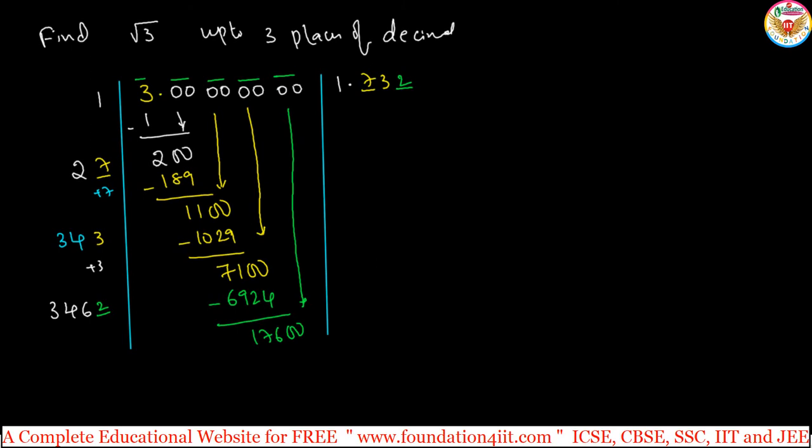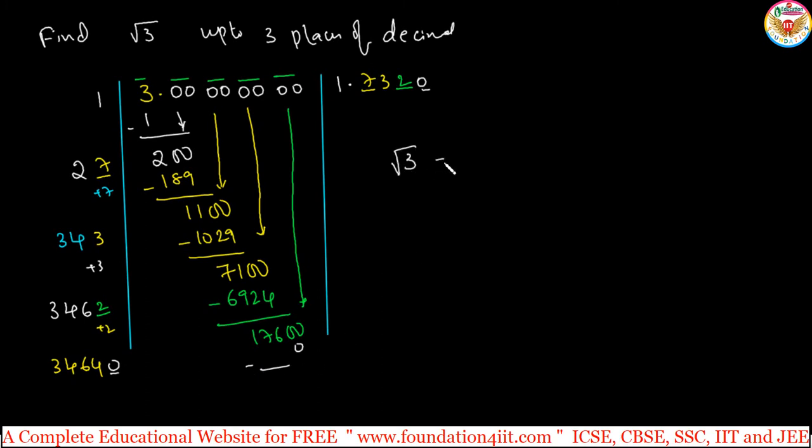So if you go for double this number, just what will come? Plus 2. So 3464. So 3000, almost you got 3464. But in the next place, if you observe in this place, if you see zeros only, 0 will come, because even 34,641 into 1 is more than 17,000, right? So 0 is supposed to come. That's it. If we subtract also, the same will come, but it is not required.